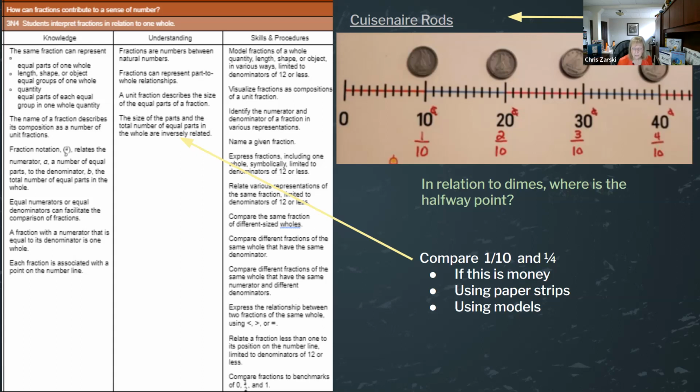Because if you think about students who are still a little bit lost in fractions, you ask them the question, which is greater, 1/4 or 1/8? And they quickly say it's 1/8. And they're thinking in whole number terms. They're not thinking in fractional relationship terms. So yes, 8 is larger than 4.